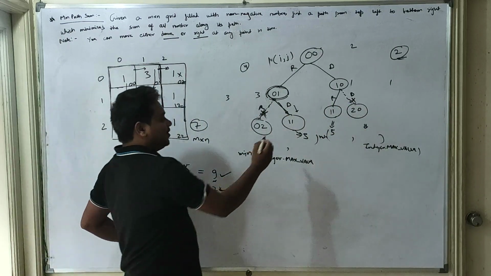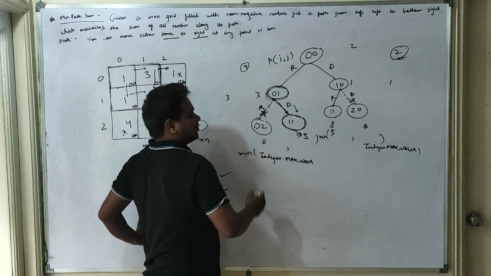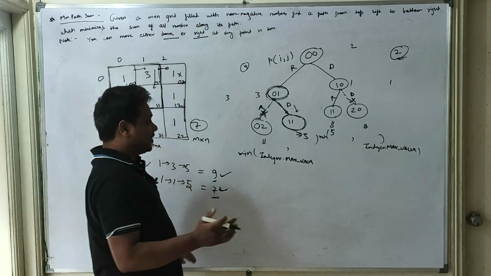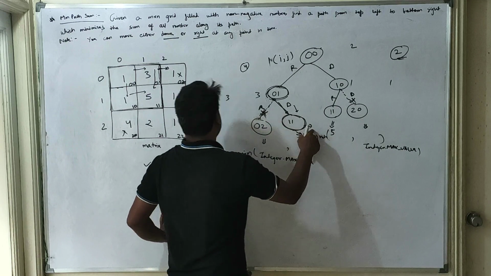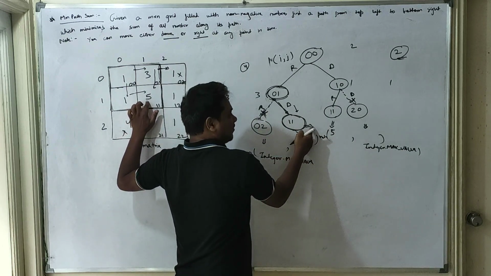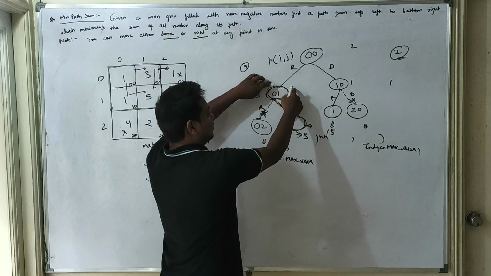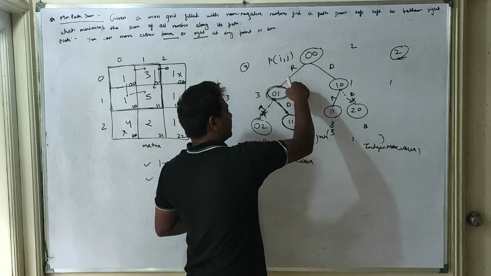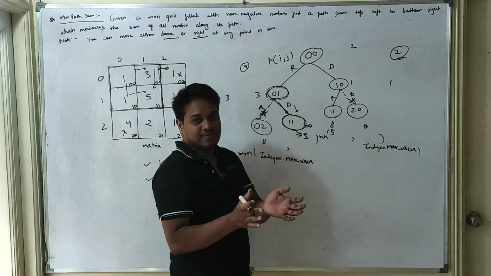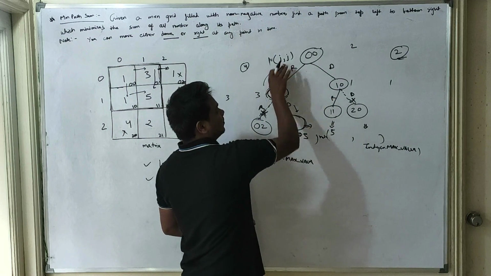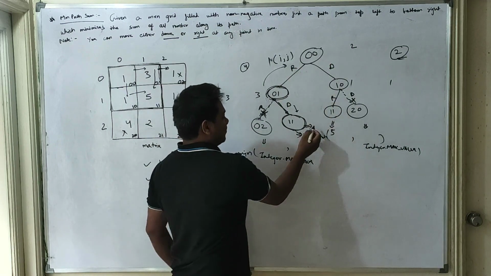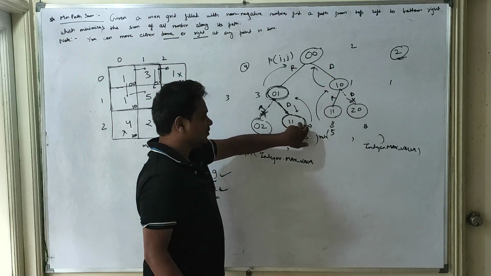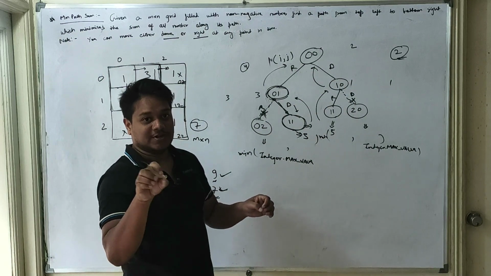Okay, so the moment we reach the target branch, suppose our target branch is 11 in this scenario, so what should we return in that scenario? In that case we will have to return the value of that particular branch, 5. Until and unless we return the value, how will we add up to the previous subproblem? We'll have to add that value to the previous subproblem. So 5 plus 3 is 8, and then whatever value we have gotten from there, that should be added to the first subproblem. Okay, this is how it should be. So the moment we reach this value, then we'll be returning the value of that particular cell.